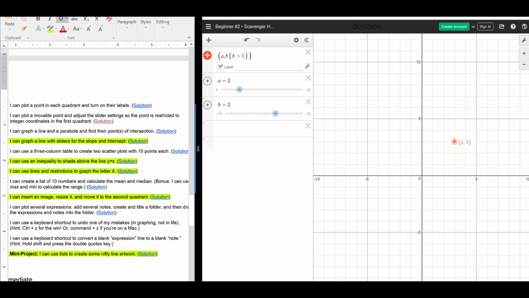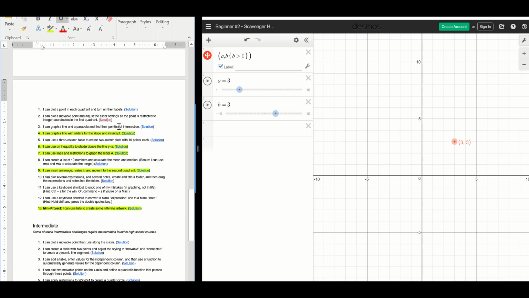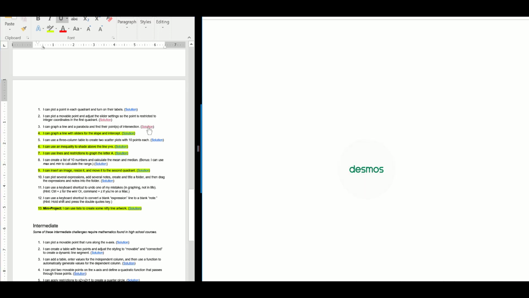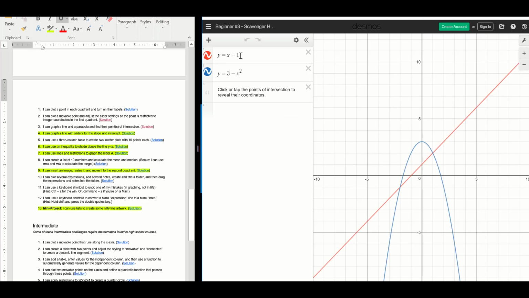And what's number 3? It says I can graph a line and a parabola and find their points of intersection. Okay, so one thing you can do is click on the solution and just figure out how they did it. So here is a line and here's a parabola, and then click or tap on the points of intersection to